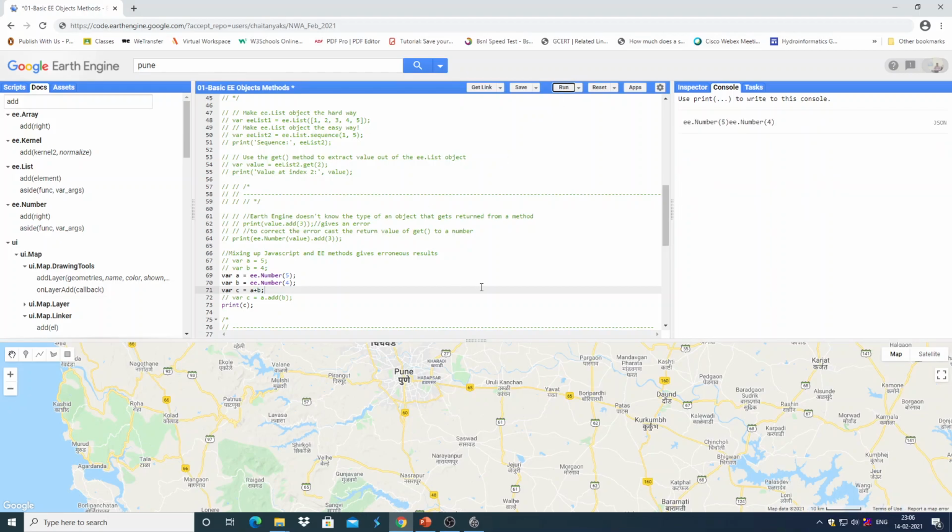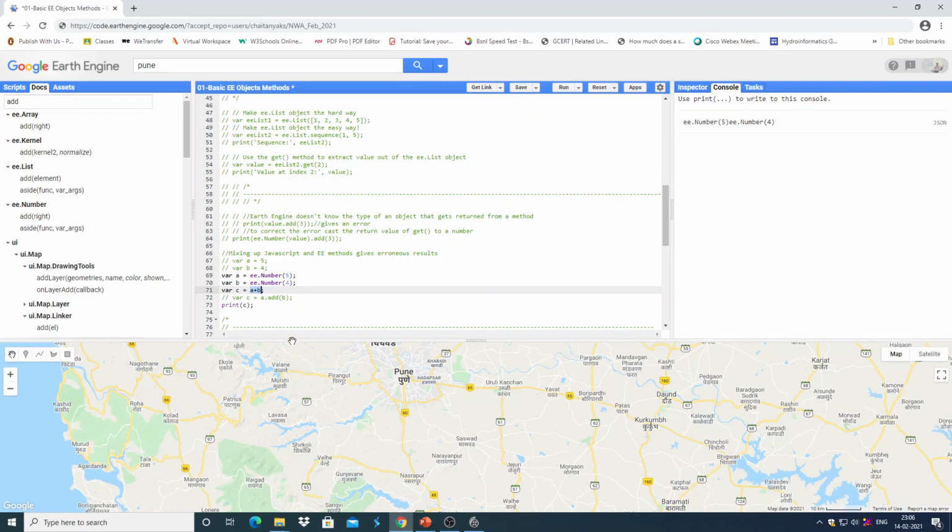If you run this, it is just concatenating them, treating them as strings, so printing c gives string concatenation. It is not adding up the values, so it is giving a wrong result.